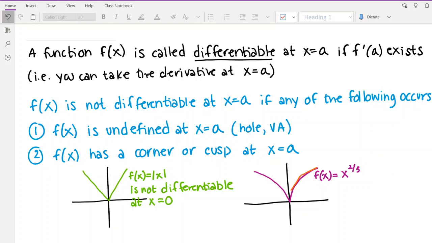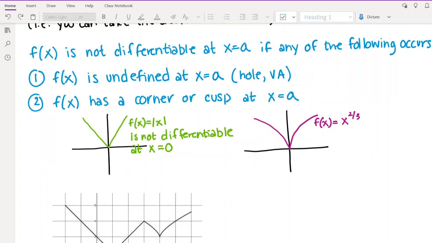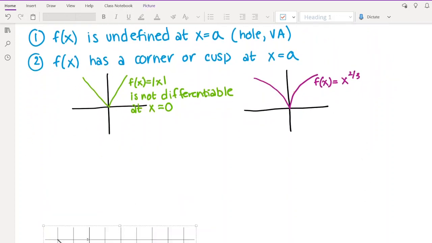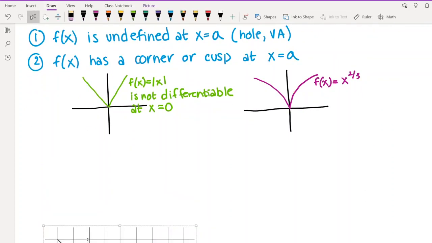But at a corner, it's almost like you're trying to balance something on a pointy end, and you just don't really know where it's going to balance, if that makes sense. Okay, so those are the two most common ones, but let me say one more thing, which is if your graph actually has an end point,